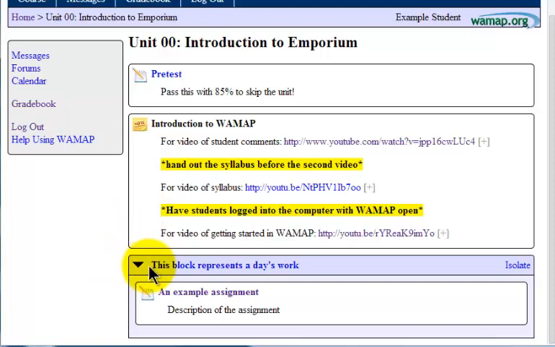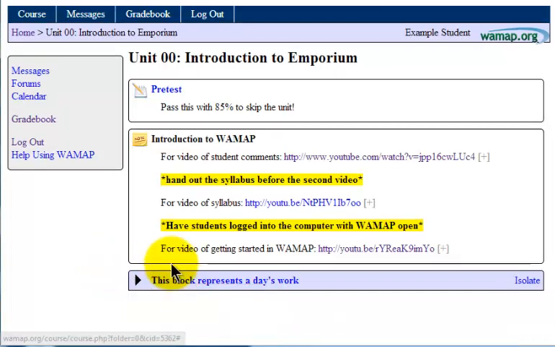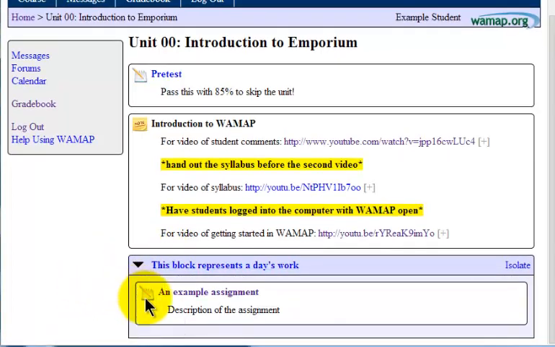Below that, though, you'll see the blocks that represent a day's worth of work. You should be able to complete an entire block each day, and you will not see all of the assignments there to begin with. They will appear as you earn the right to begin working on them. So if you click into the first example assignment,